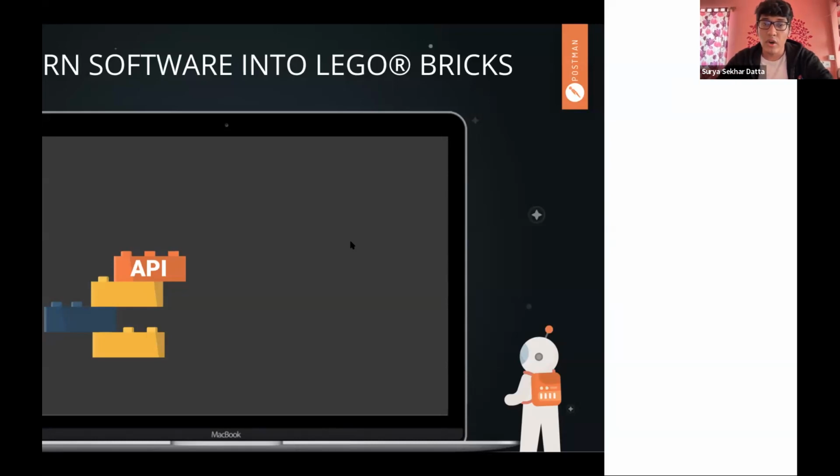Now, we talked about what an API is, but now we need to talk about what Postman is. Postman is a collaborative API development platform that allows users to create, test, and run APIs. Postman is an industry standard tool, so you can run it across any platform you want, and it is used in the industry so much.